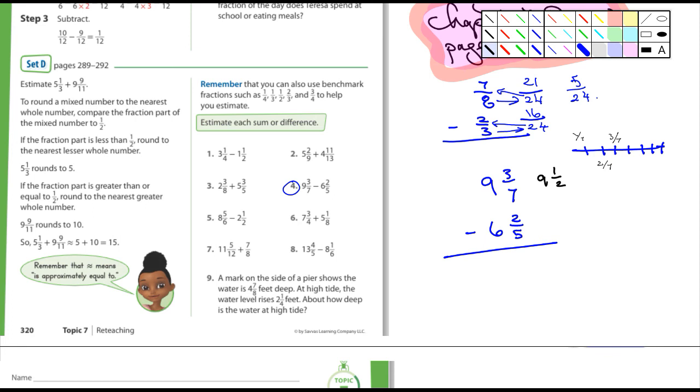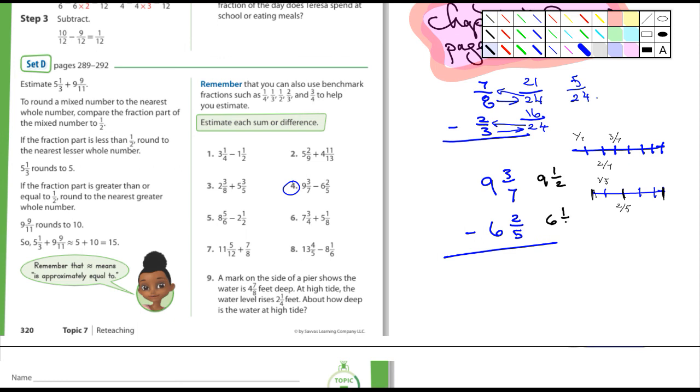And then 2/5. If you can't picture in your head where 2/5 would be, again, you can draw a line and divide it into fifths. So here's 1, 2, 3, 4, just a little bit further 5. So here is 1/5. This right here would be 2/5. Okay, and 2/5, again, if you look at this line here, from here to here, it's pretty close to halfway. So you could call this one